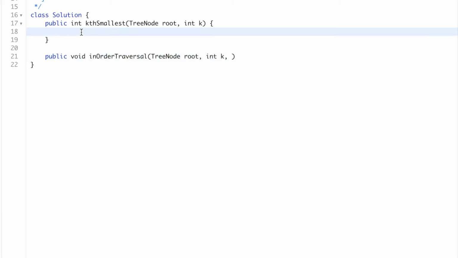So I'll declare it here: int array equal to new int of size 2, right?